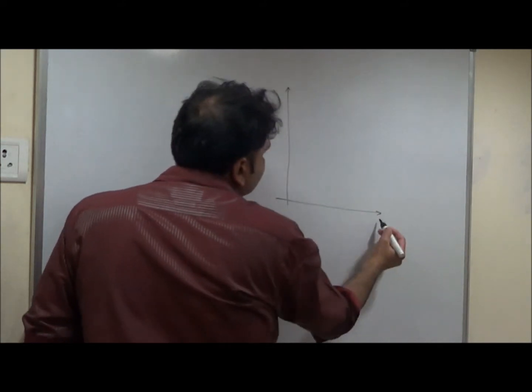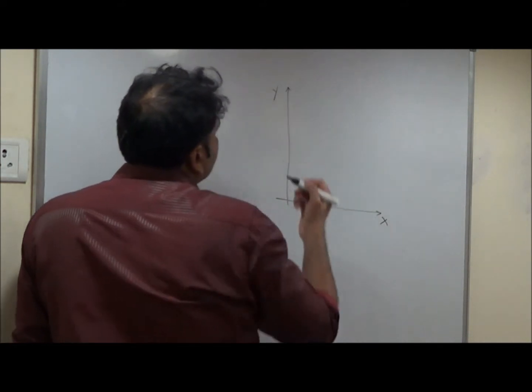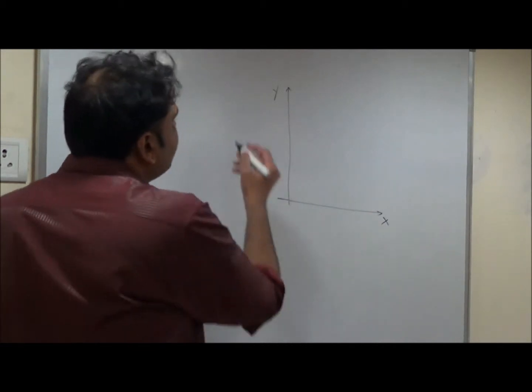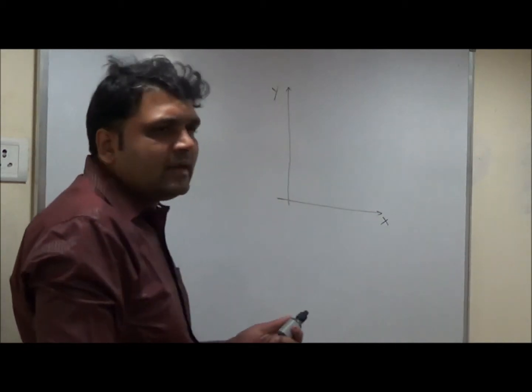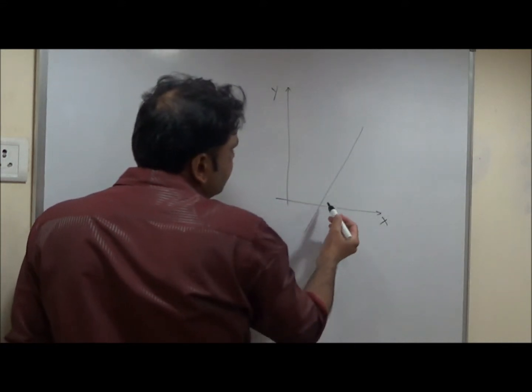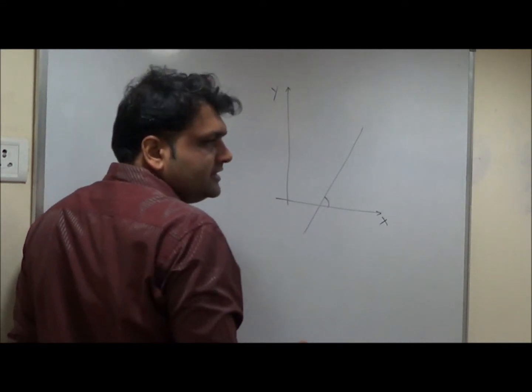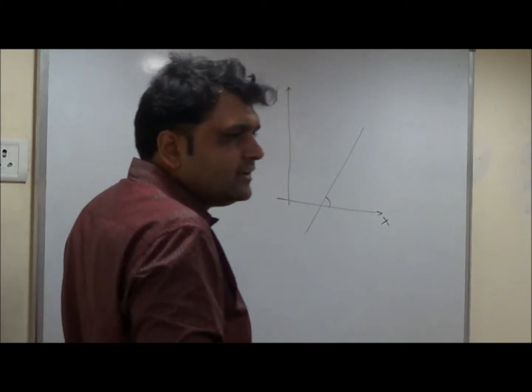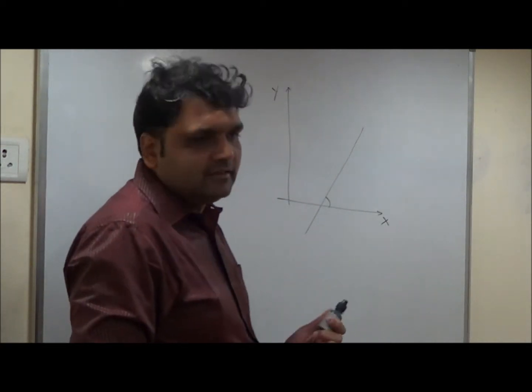Let's say this is the x-axis, this is the y-axis. I am for convenience showing in the first quadrant, but whatever I show is applicable for all the 4 quadrants. Let's say I have a line in 2D, something like this. I shouldn't say space, space means 3D actually, my mistake. Here I should say line in xy plane, something like this.